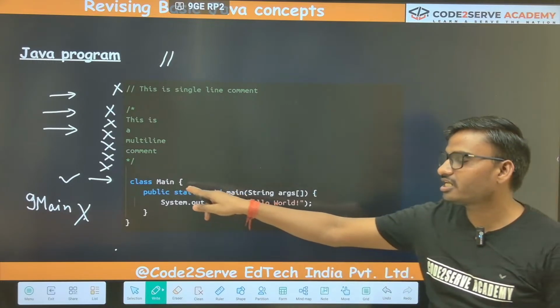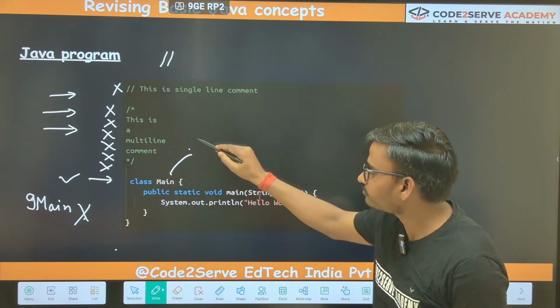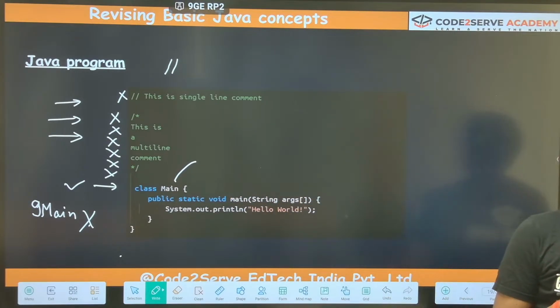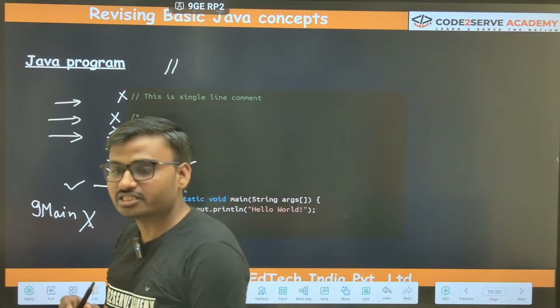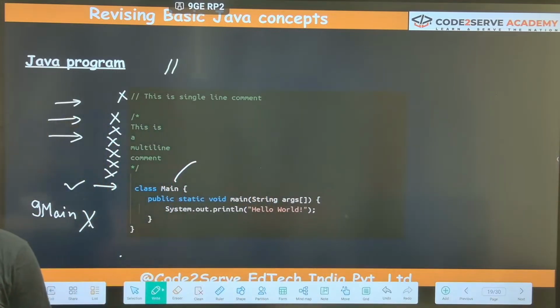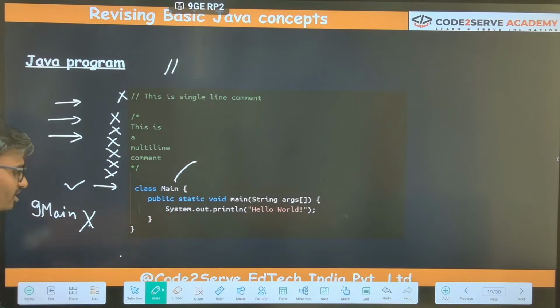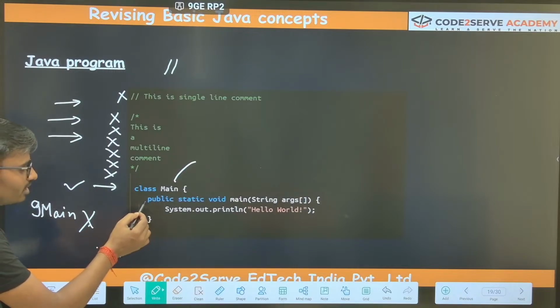So this is basically an identifier. Identifier is the name given to anything so that we can identify it. So this is basically an identifier. We are giving the name to a class. Next, if you see over here, next is a keyword that is public.